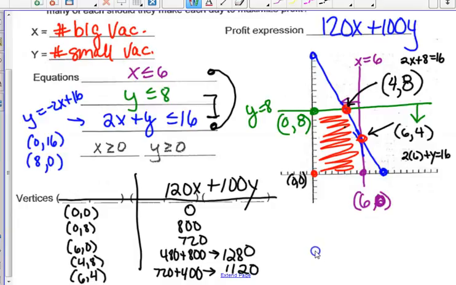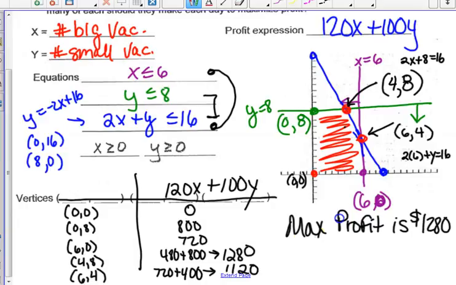All right, I don't know if I did that right. Okay, so what's going on? The max, was it profit? It was profit, right? Is $12.80. If they make